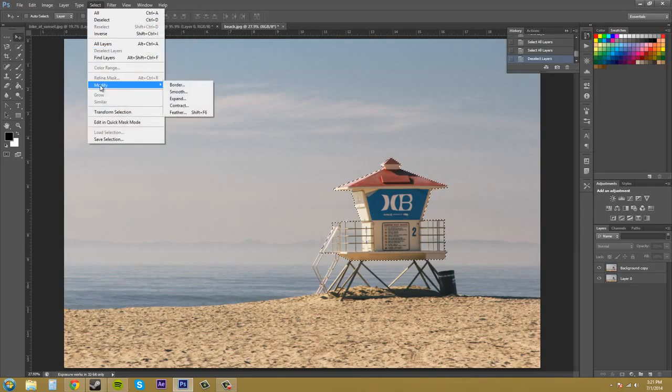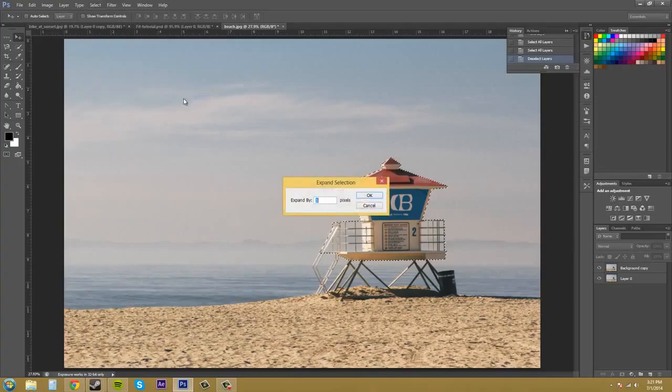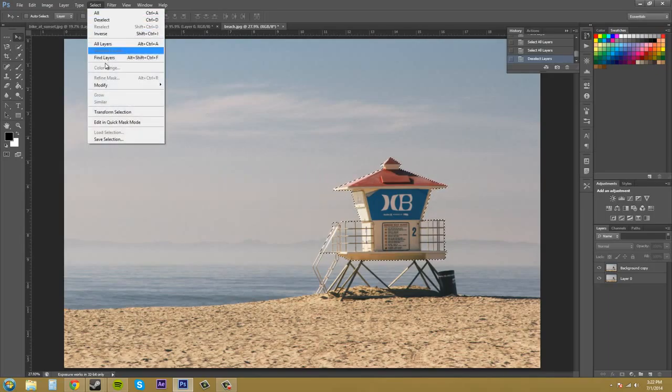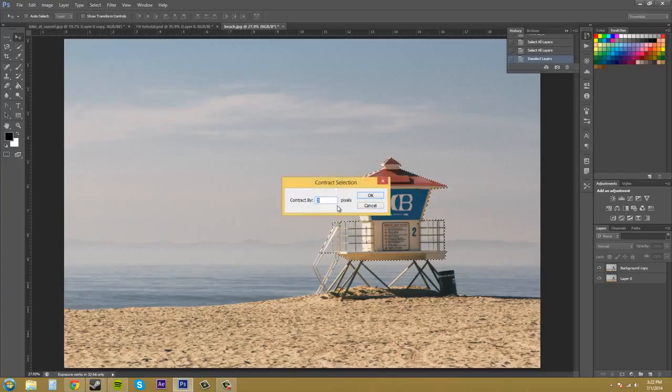The next one we have here is modify, and modify has a few things in it. It basically can modify the border by expanding or contracting it. So we'll just click on one, we'll go to expand, and then it asks you by how many pixels you want to expand your selection. So if you're cutting out your selection and it has too much background information in it somehow, you can go in and make the selection smaller. You can contract it down,